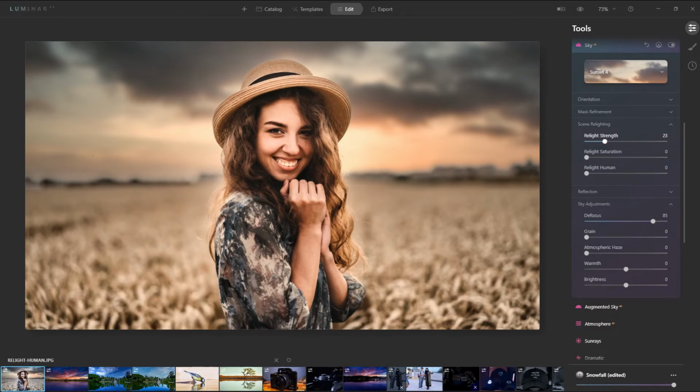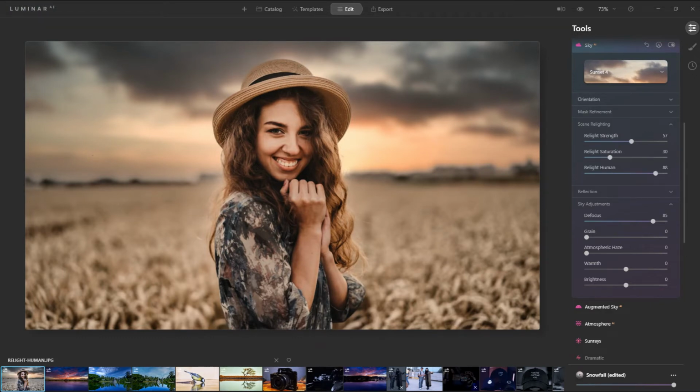And then I'm going to go back to scene relight here. I'm going to relight the scene just a bit first. We'll give it a little bit of saturation. And this is where Relight Human, a new feature that they brought in, is going to correct the exposure in a sense. The more I bring it up, you see now it blends in a bit more.